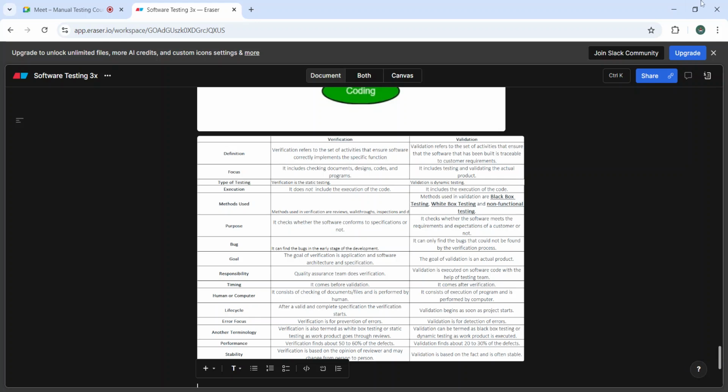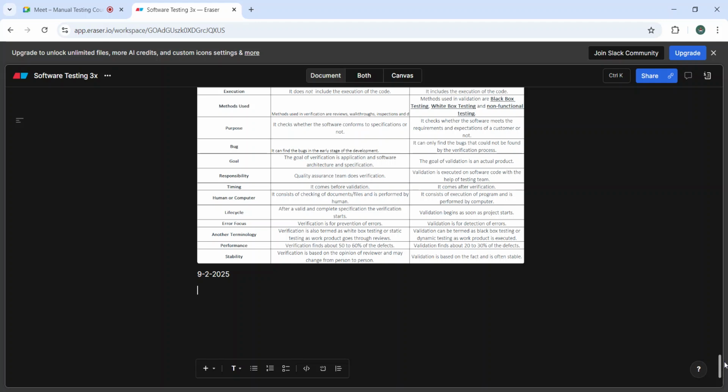Based on that, you will be able to give the answer of what is verification and validation in the interview if asked. So in today's lecture, what we will be learning is about